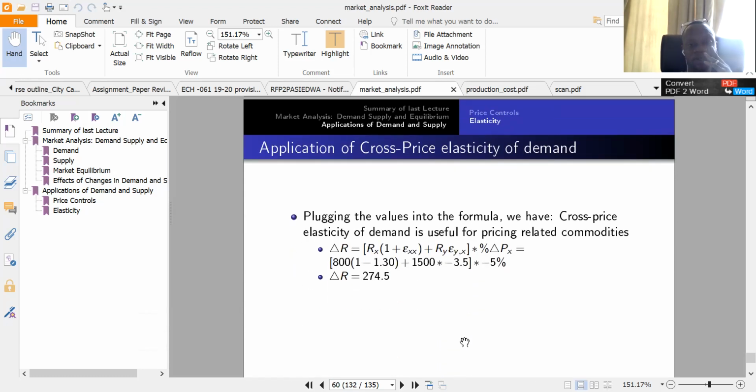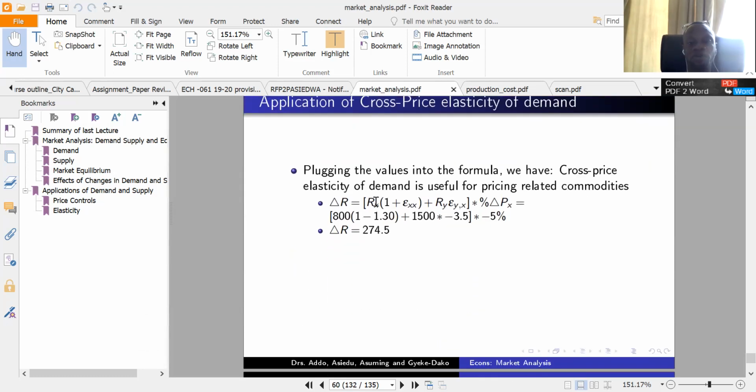So this is what you get. Revenue from Kenke is 800, times 1 plus the elasticity, which is minus 1.3. Here you are not using the absolute values because we are not evaluating it. So it's minus 1.3, plus 1,500 revenue from fish, times the cross price elasticity of minus 3.5, and then the planned reduction in price is minus 5%. If you calculate that, the change in revenue is a plus of